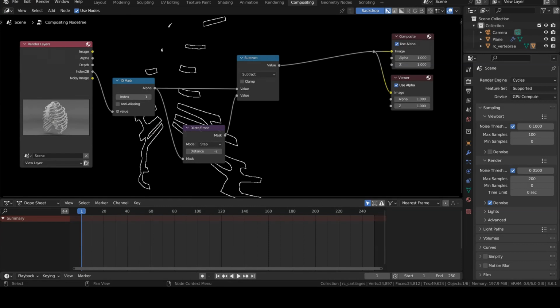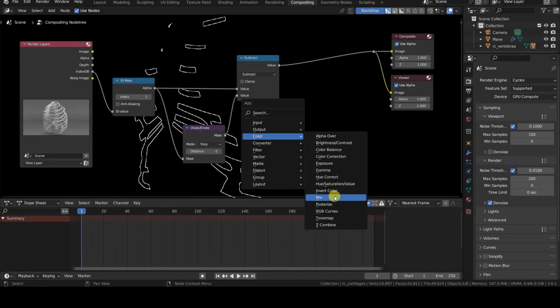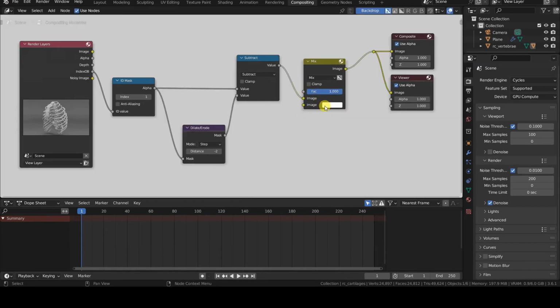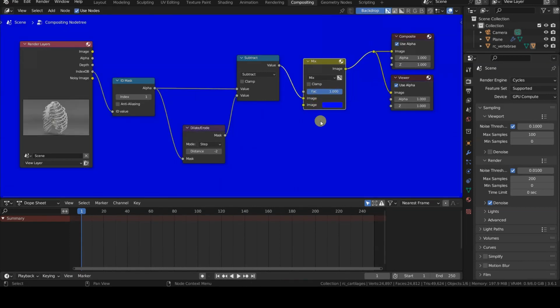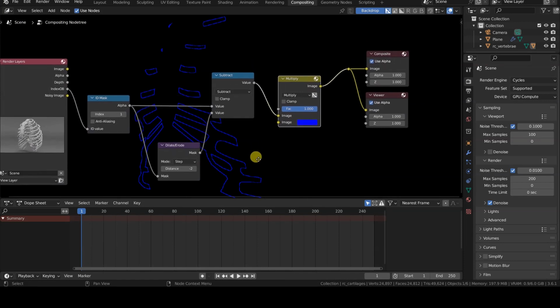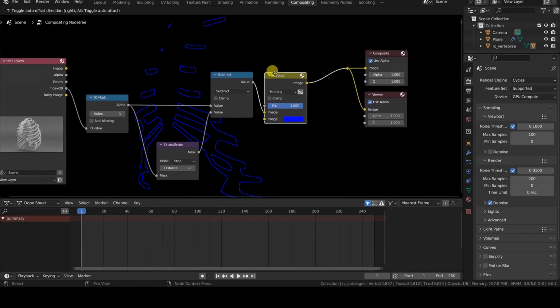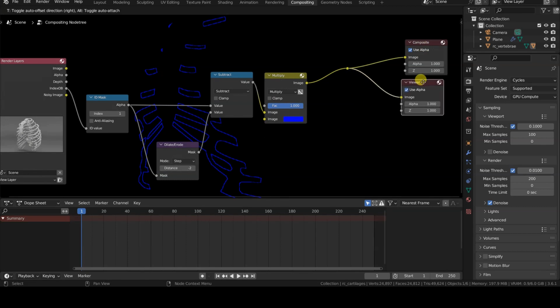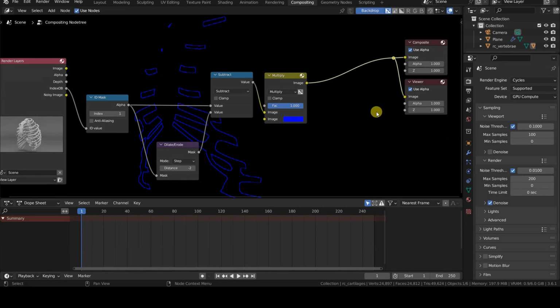We can already perform some operations on this mask, such as applying a colored glare filter. First, let's color the mask by simply multiplying the output of the Math Subtract node with blue using a color mix node, in which, of course, we'll set the mode to multiply. The result of multiplying by white is indeed the color by which we multiply, while multiplying by black always yields black as the result since it's equivalent to multiplying by 0. Since our starting image is white only at the edges of the cartilage object and black elsewhere, multiplying it by blue will give us blue in place of the white areas and black everywhere else.